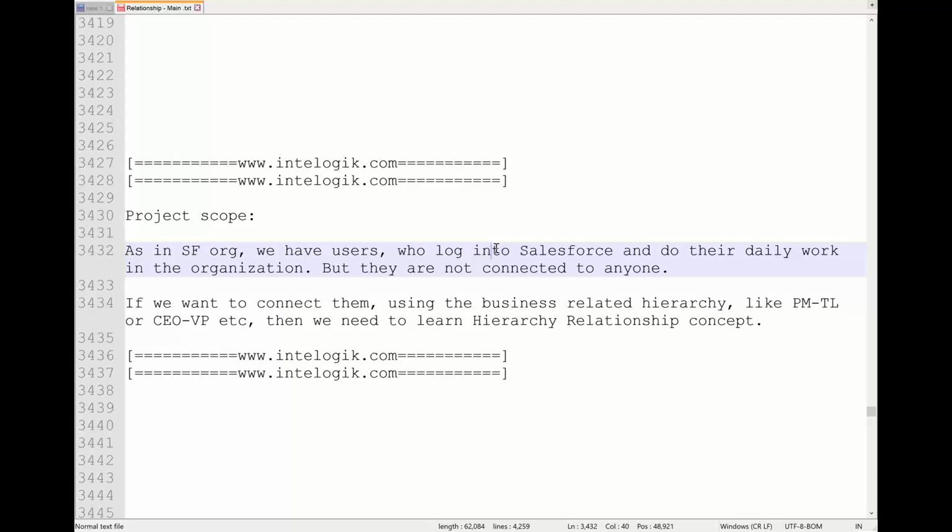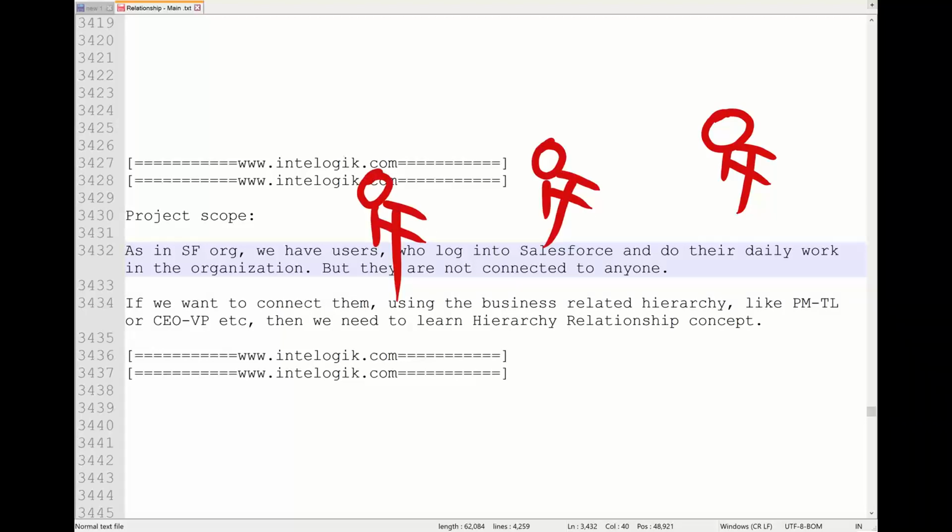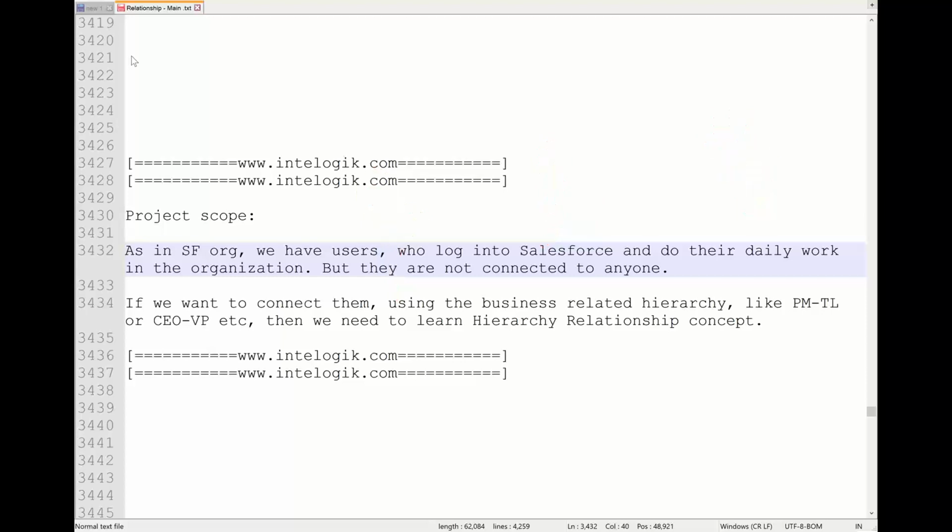See, if you want, we can create the users in Salesforce, but all are separate, independent, non-connected, disconnected. But do you think we can run a business like this, when one person has no connection with another person, or there is no hierarchy? Do you think we can have any kind of employee system in the office? That's not going to happen. We need a senior junior kind of system and structure, like project manager, developer, vice president, subordinate, or assistant vice president, right? So in Salesforce also we need that.